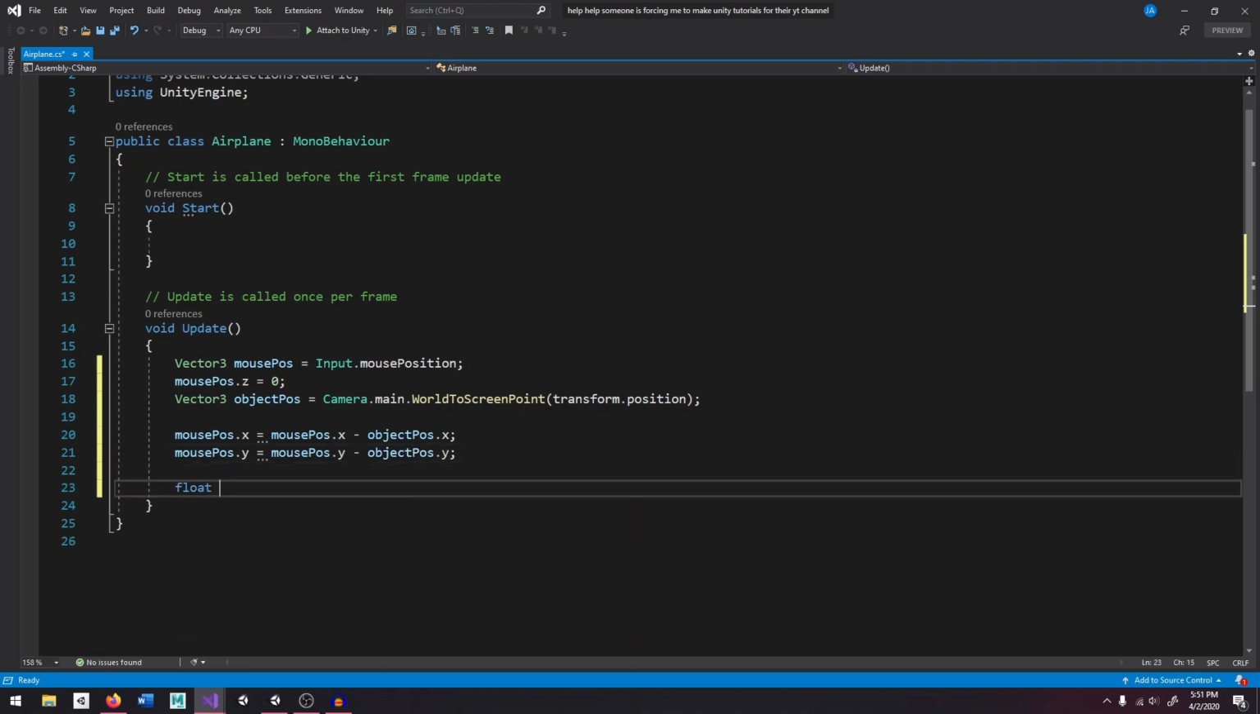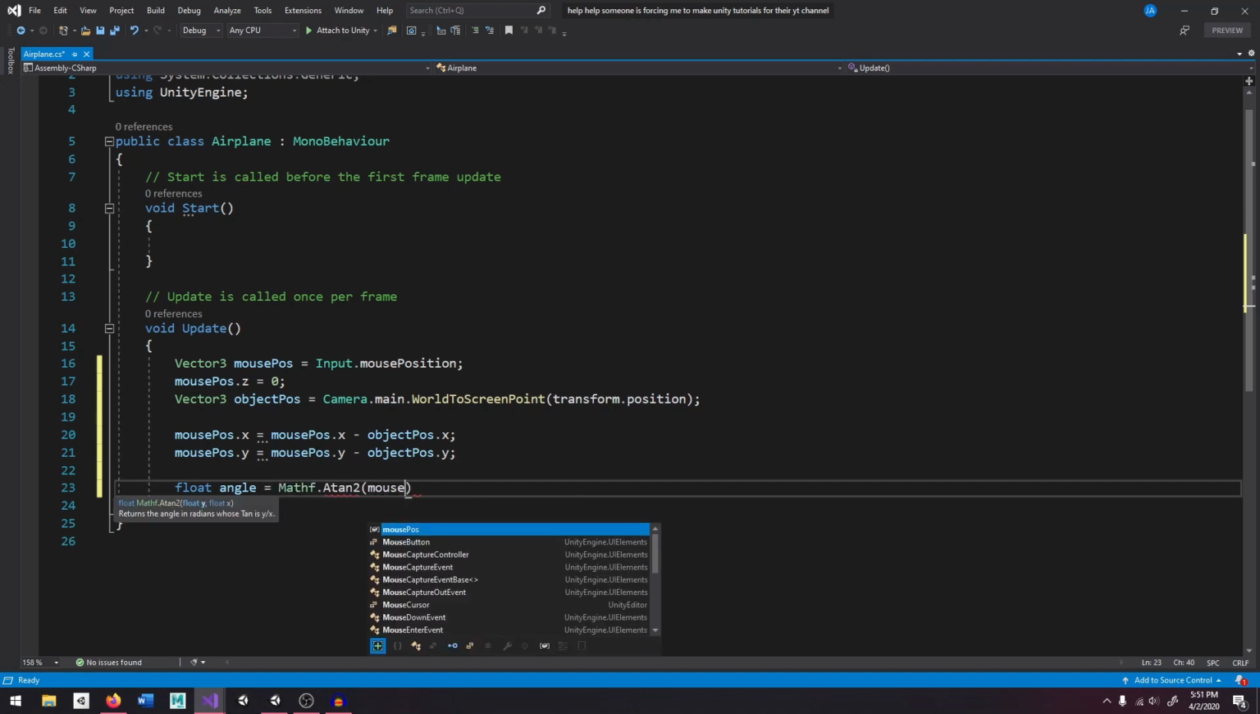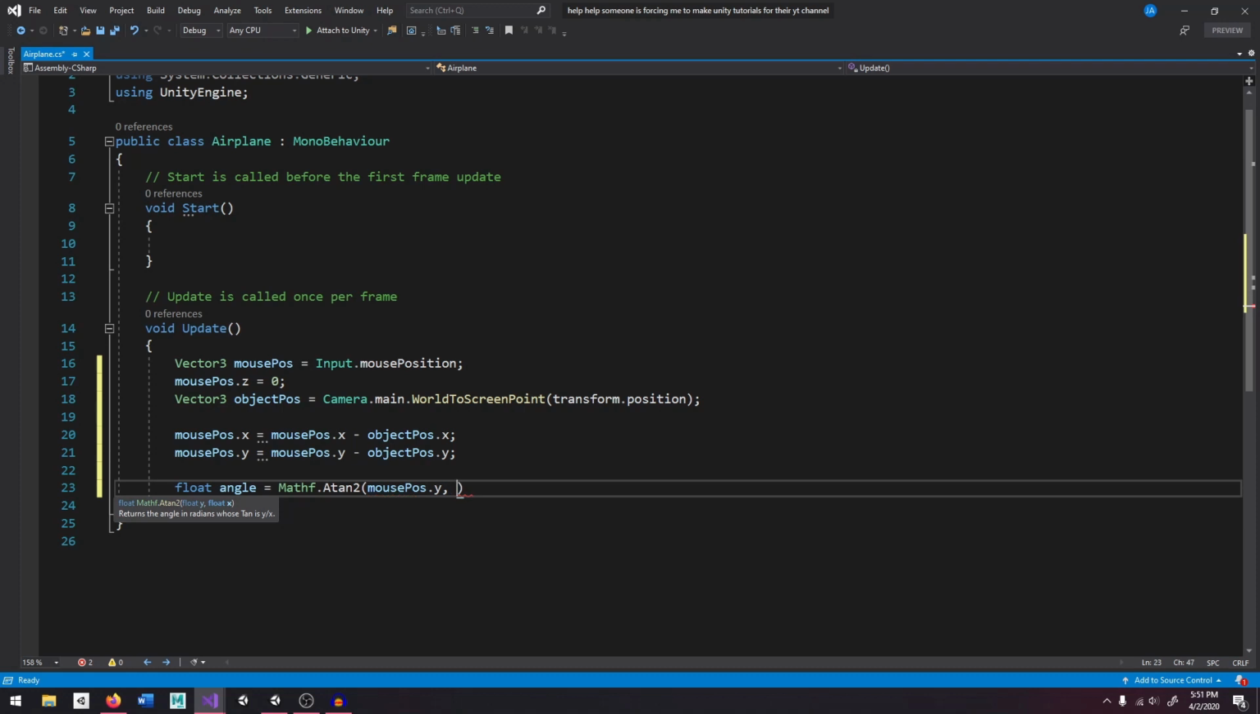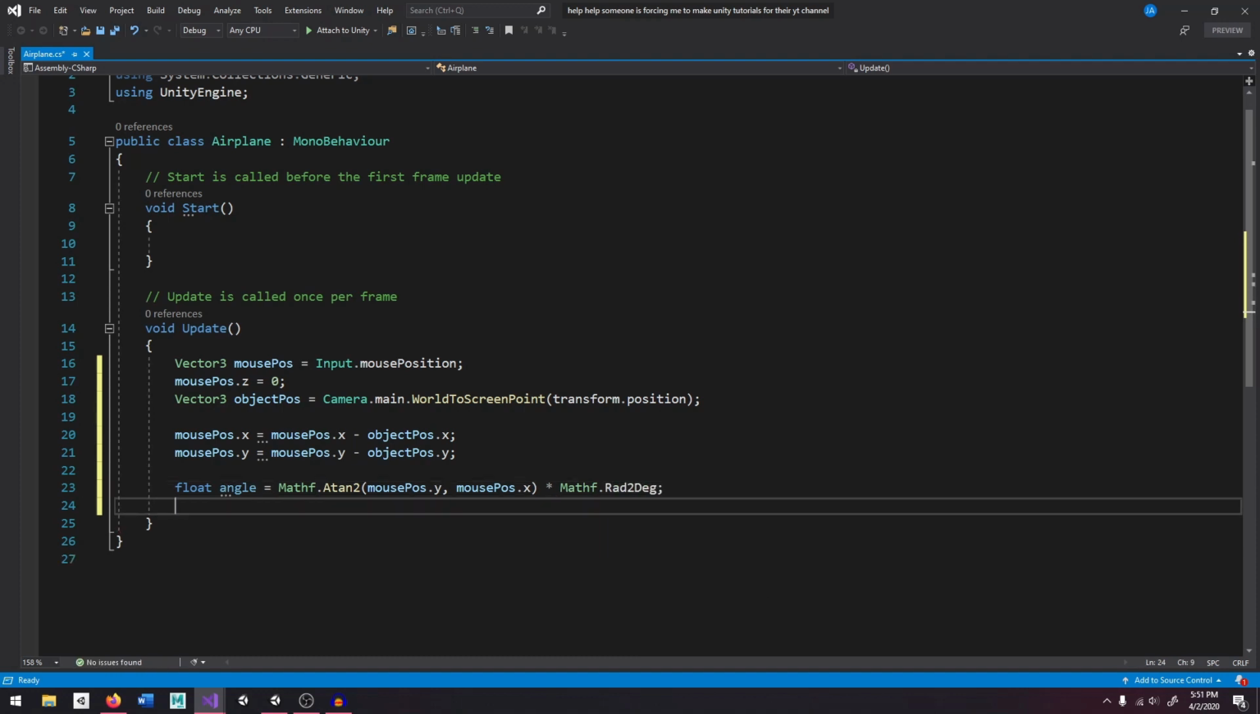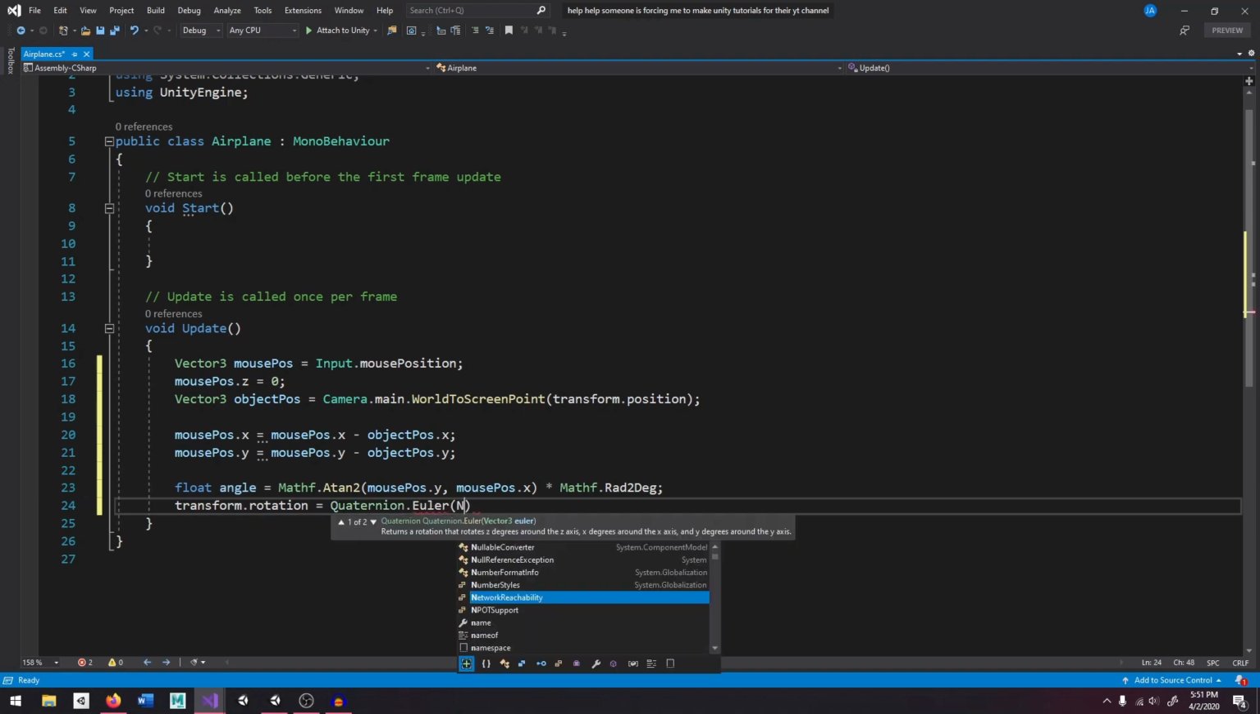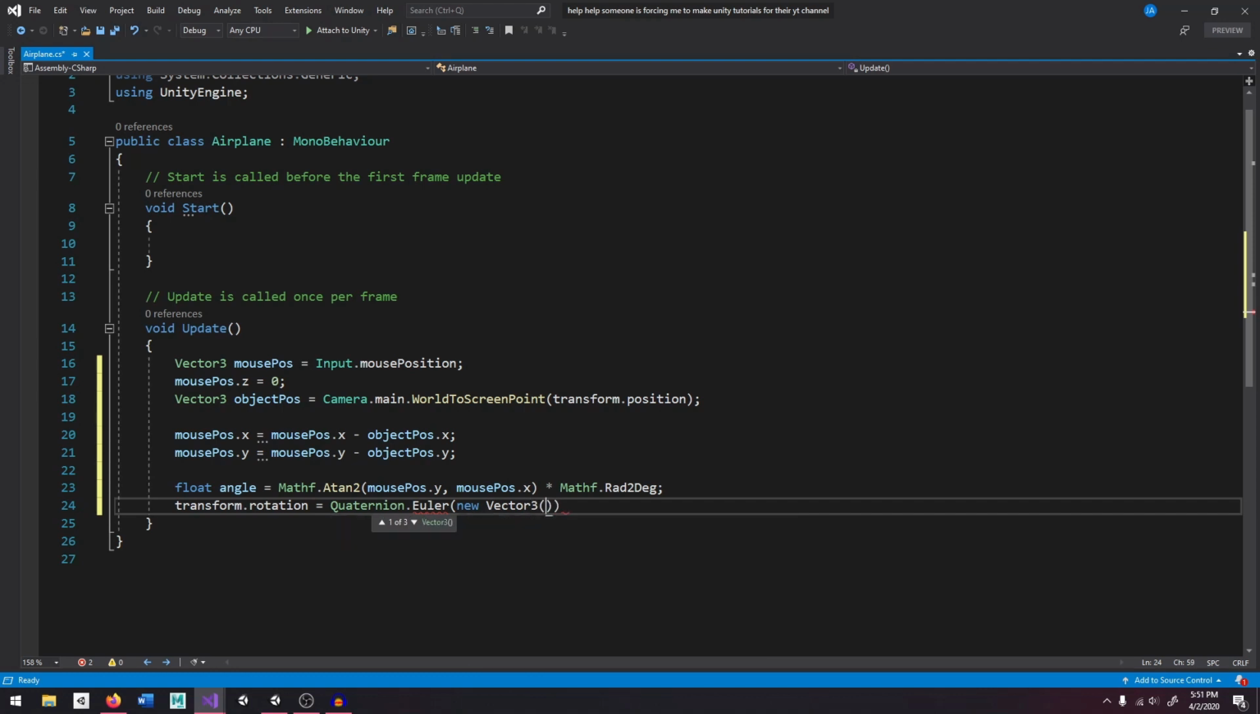And then float angle equals Mathf.Atan2 mousePos.y, mousePos.x times Mathf.Rad2Deg. Transform.rotation equals Quaternion.Euler new Vector3 0, 0, and angle plus 270,